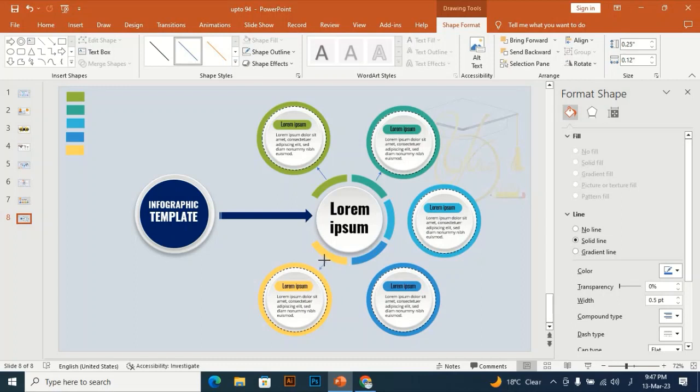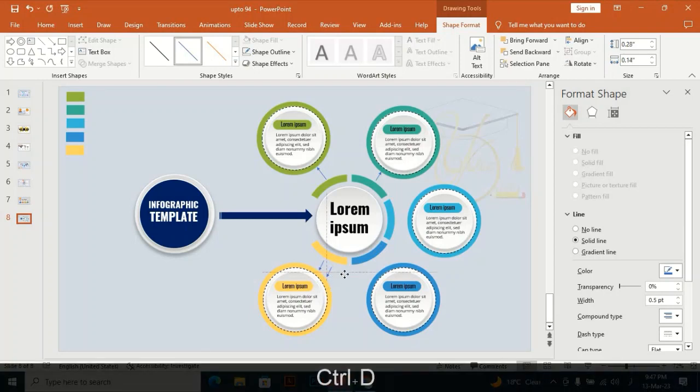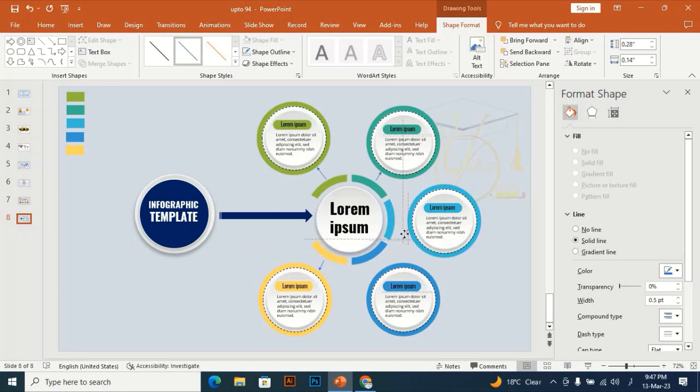Control D to duplicate it, and this will go to the third shape. Yes,